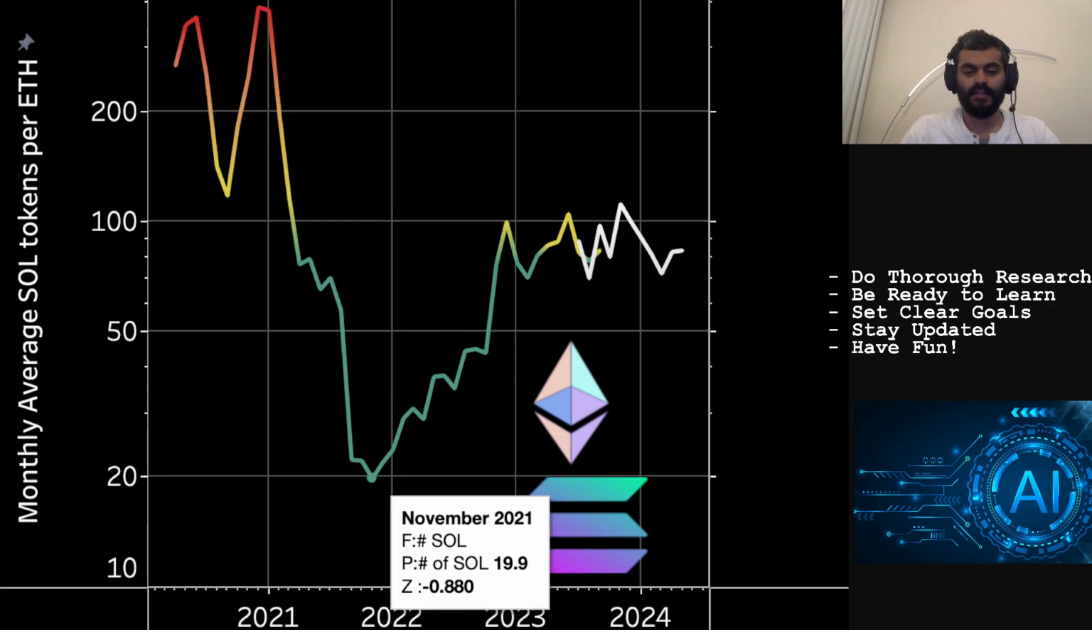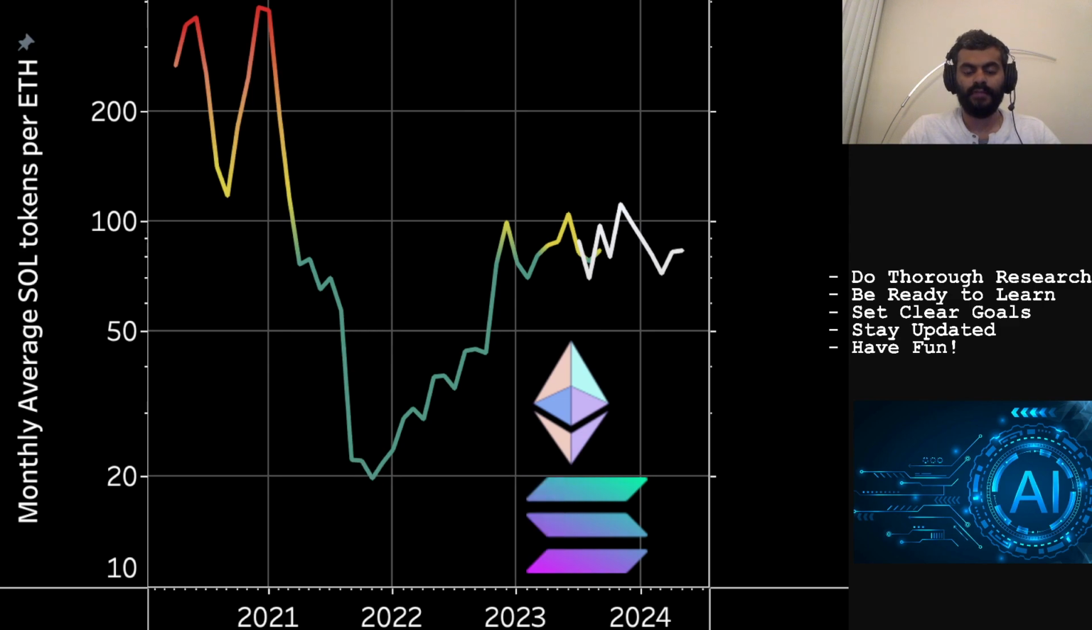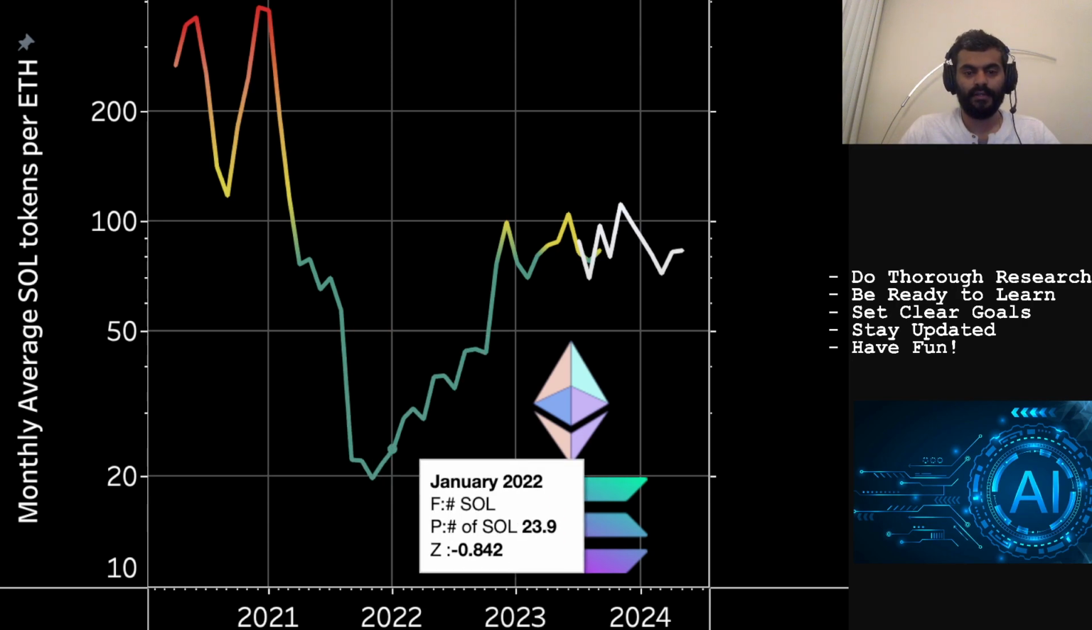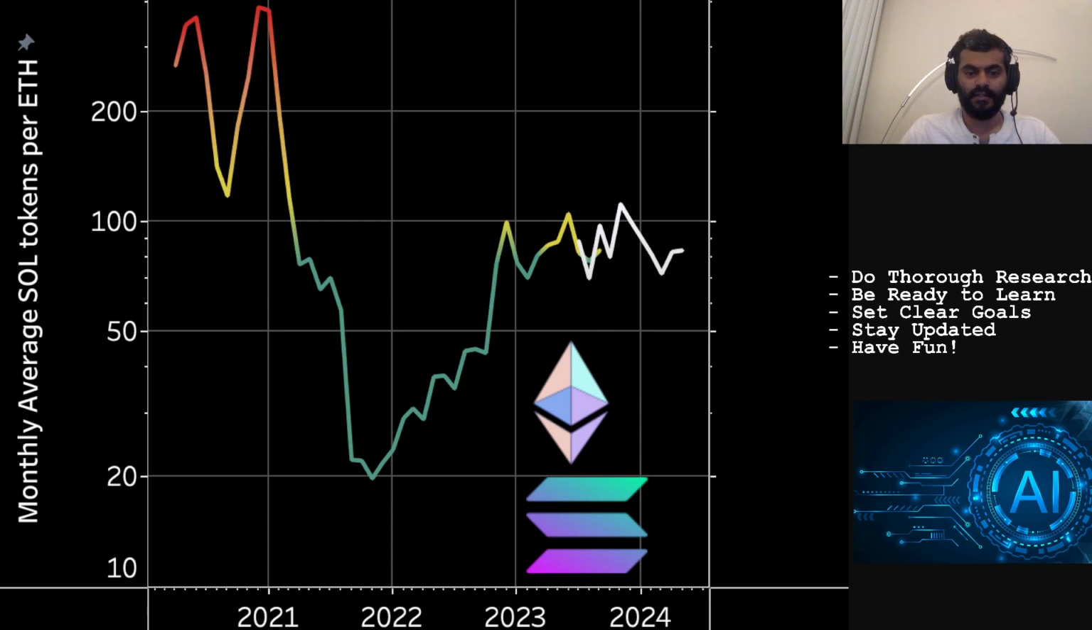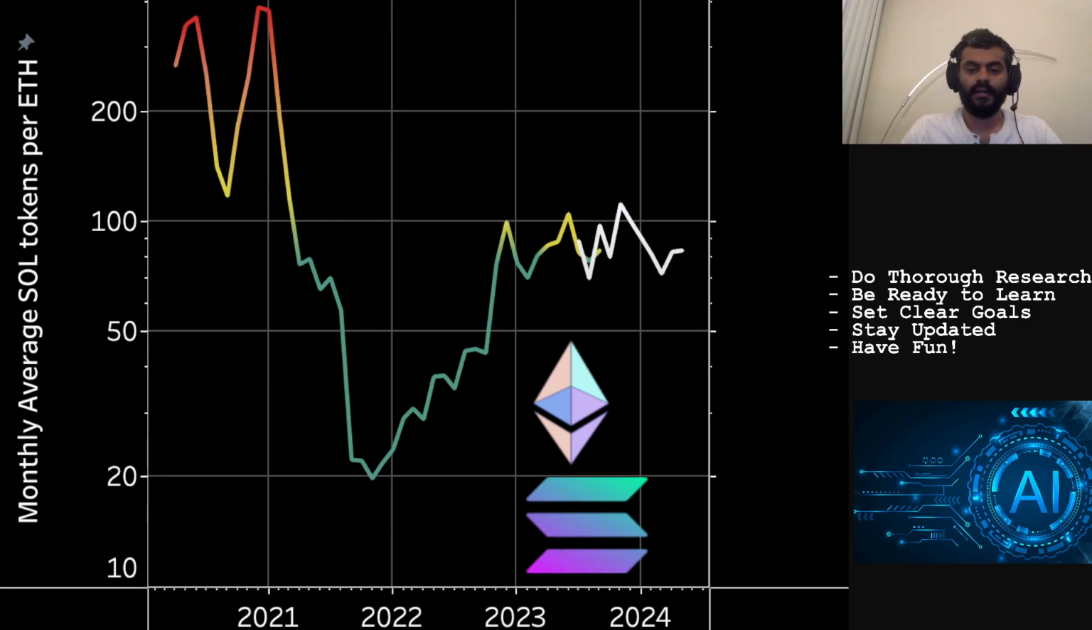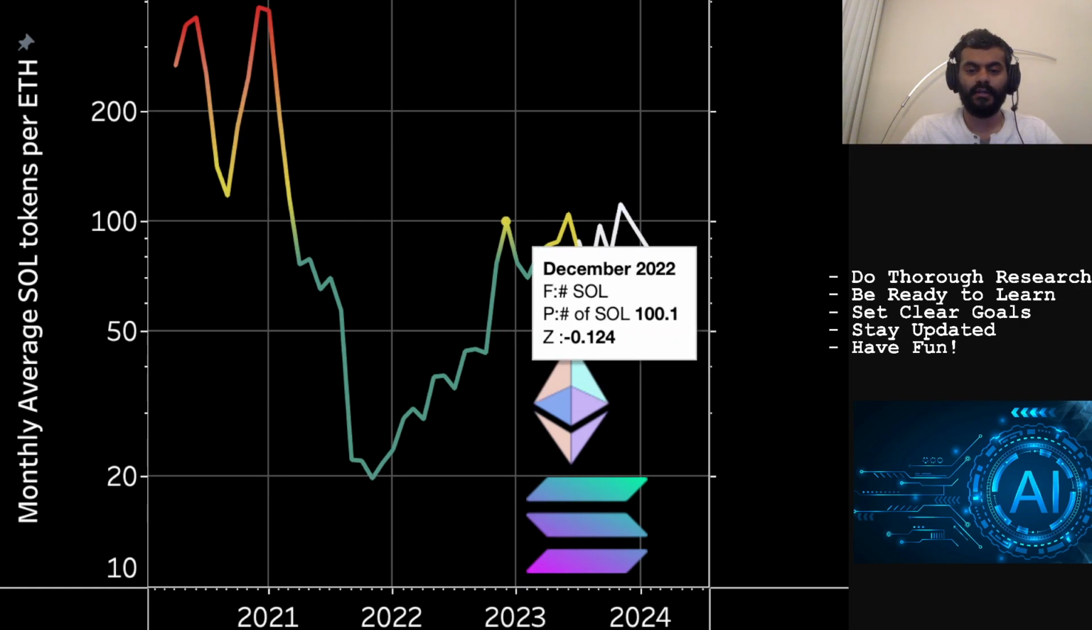So in that stage, when the number of SOL tokens for one Ethereum crashed hard, and Solana becomes overvalued with respect to Ethereum, the color code is green over here. And you can see that the trend so far has been oscillating from overvalued Ethereum to overvalued Solana. Right now we were in kind of the neutral territory, marked by the color yellow,